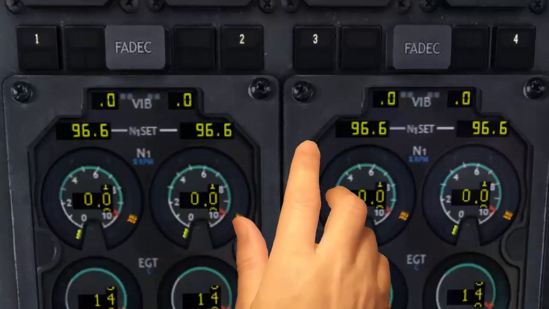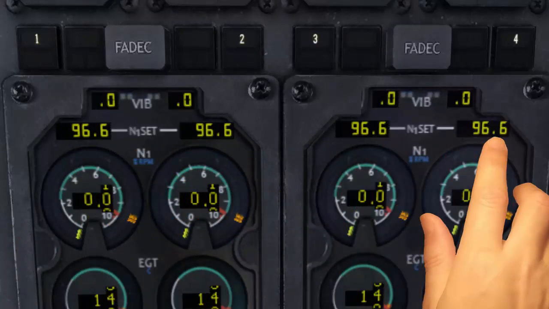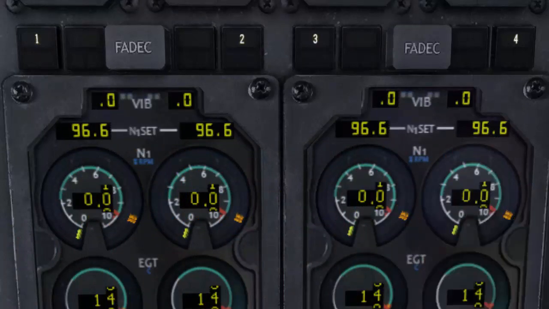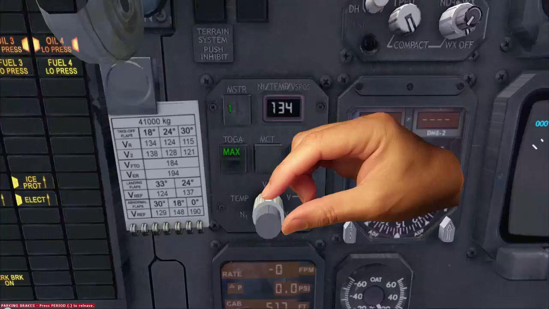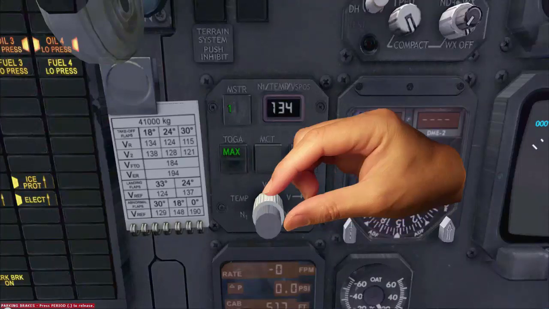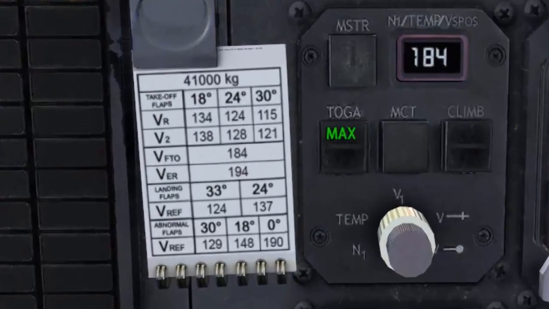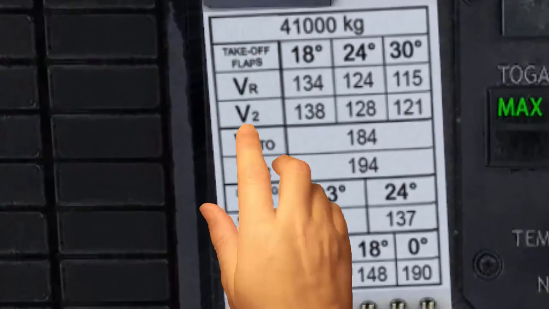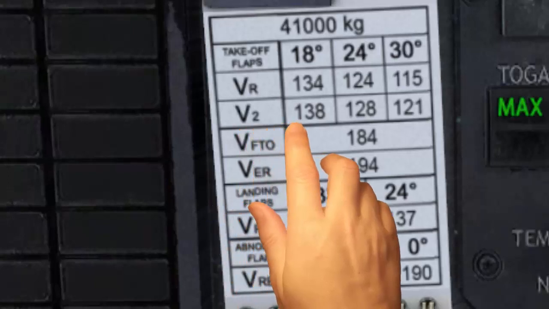Above, the engine indications show 96.6, confirmed. V1 134, VR or V cross 134, V dot 184,